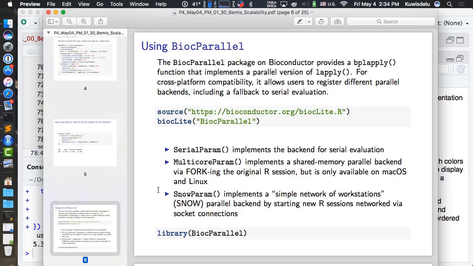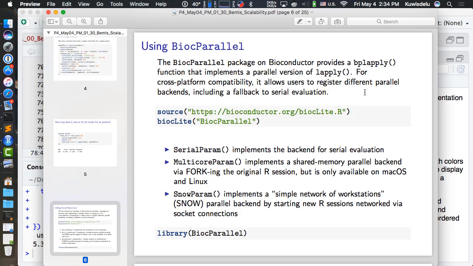I'm never sure how to pronounce that when they have the BiocC consonant afterward. BiocParallel on Bioconductor provides a function called bplapply, for BiocParallel lapply, which is just a parallel version of